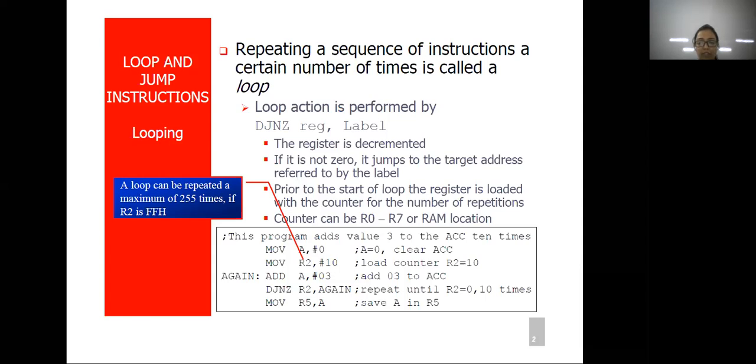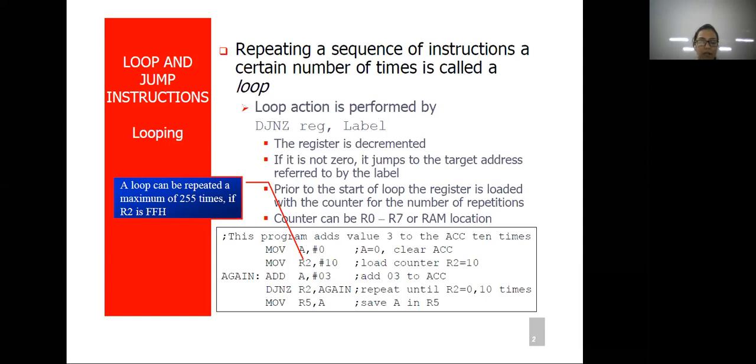Now, before this instruction or before starting the loop, the register is already loaded with a counter for the number of repetitions of the loop. All general purpose registers of 8051 have a limit of 8-bit data only.